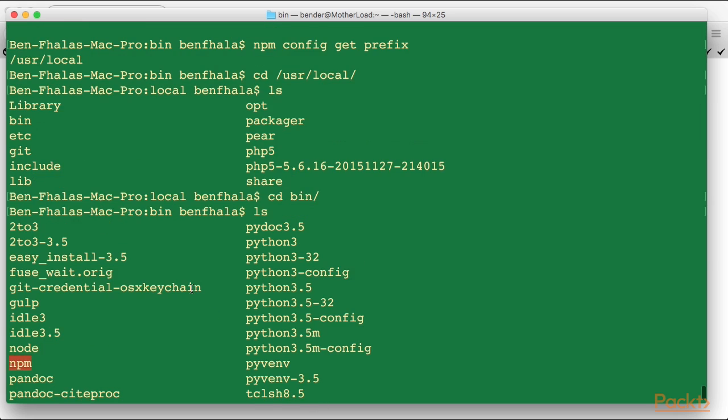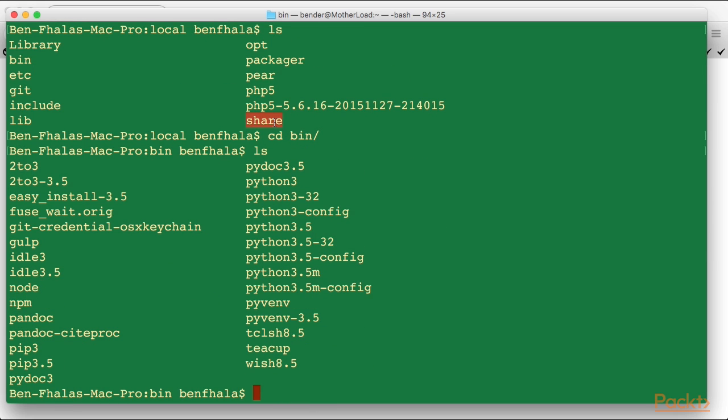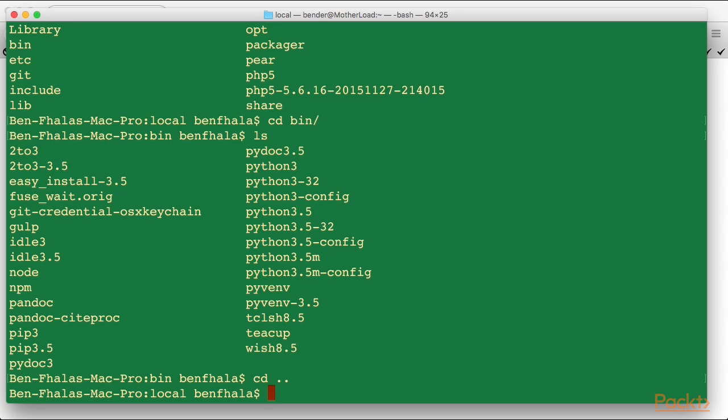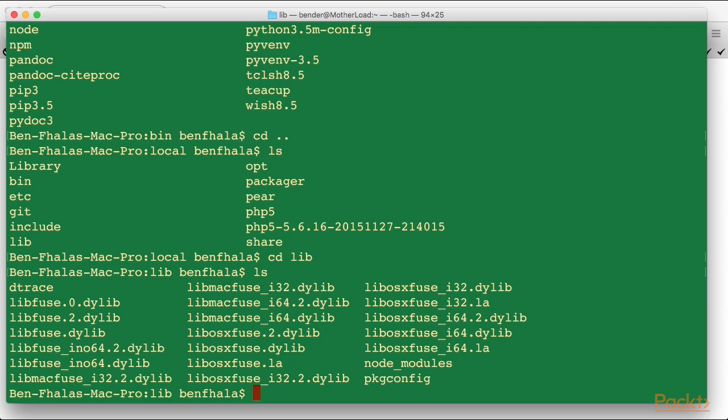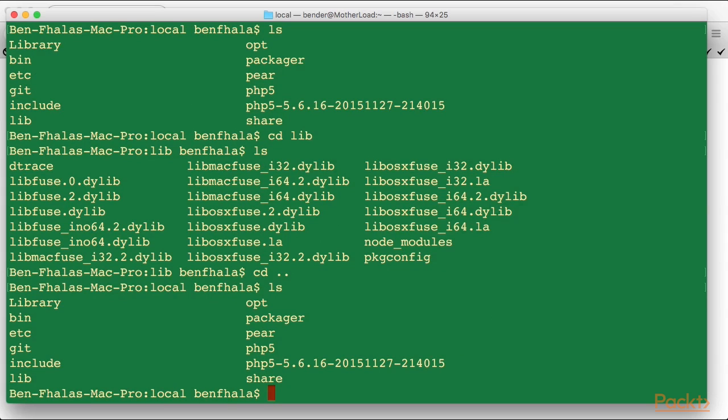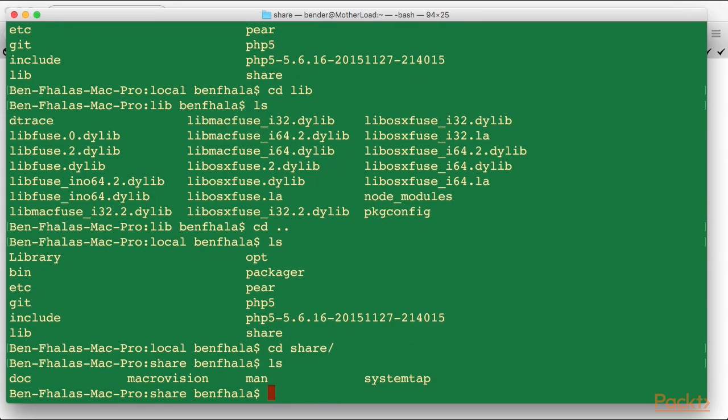Now, there's a few places where Node.js works. One is in the share folder, if it exists. In our case, here we go, we have a share folder. It stores things inside of the share folder. It stores things inside of the bin folder. It stores things inside of the folder lib, and in there it has its modules. So if I go inside here, I'll be able to see that beyond the things related to other applications, node modules are in here as well, which is something that is used by NPM. If I go inside of the share folder, you'll see that there are other things beyond the things related to Node.js